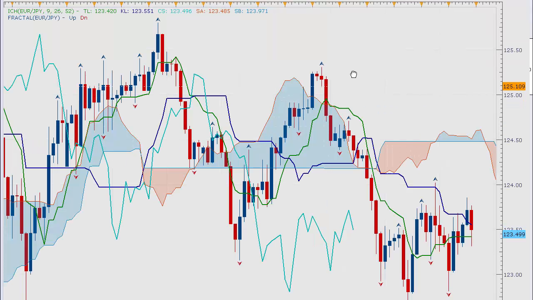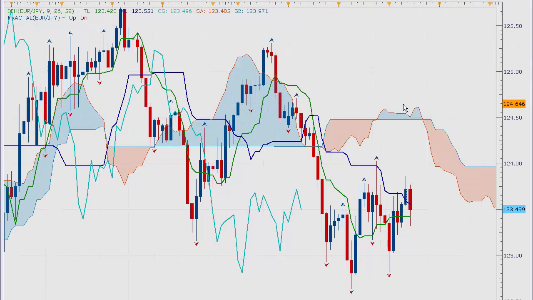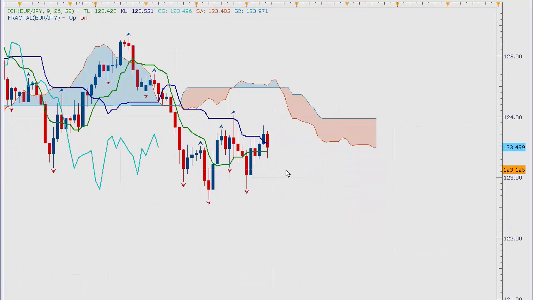I don't have much time with this video, so I've got to be fairly quick and run through these pairs. I don't see anything here. The price is all over the place, up and down, up and down. We're not breaking any of these highs or lows, so we'll leave it alone. We've had a TK cross, but now price is pretty much in the range, so nothing there. Next,